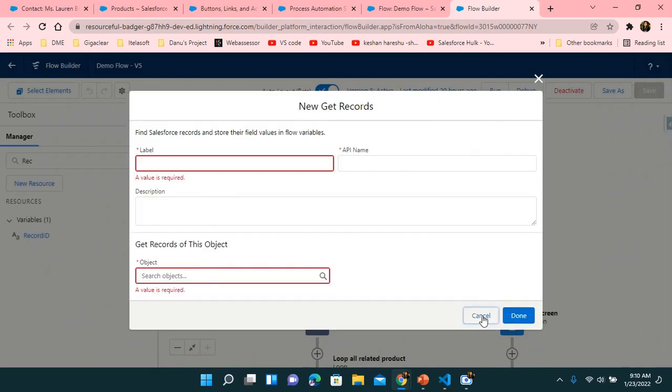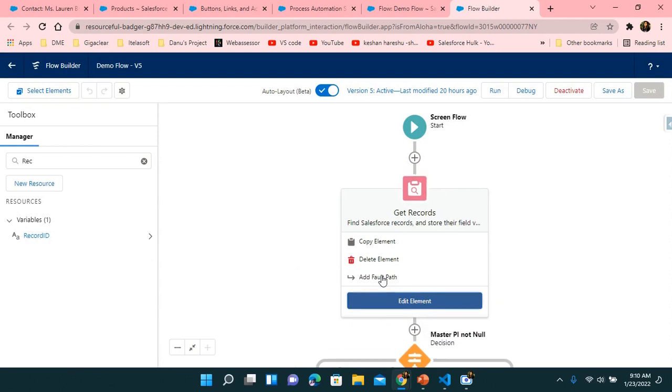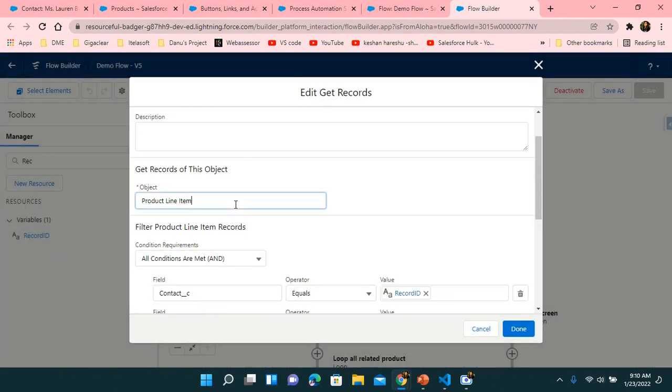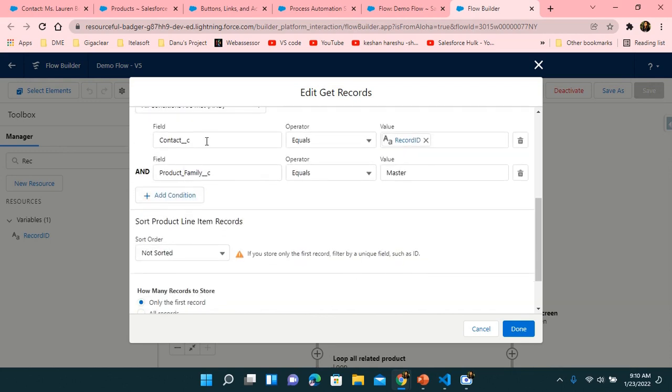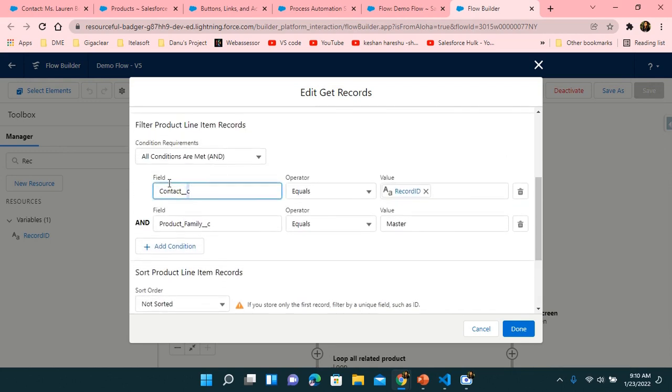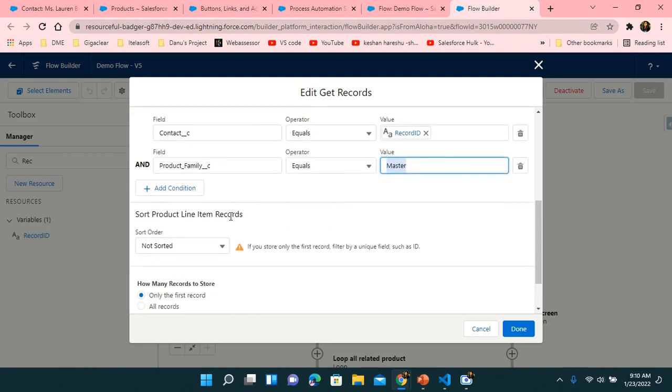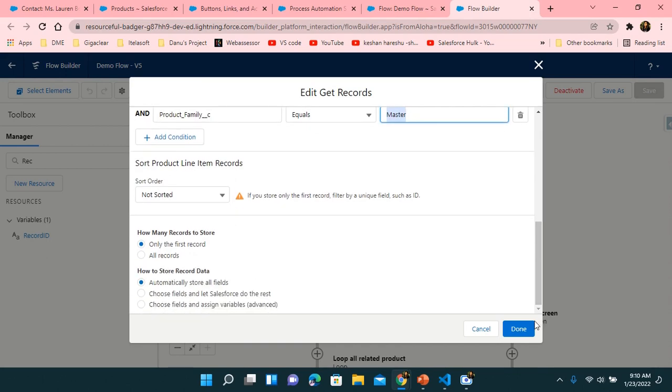I have given the record label and the product line item as my object, and I'm filtering them using the contact field should be matching with the record ID. That means the record we are currently in, the contact, and then the product family should be master. As we are having only one master record for a contact, we don't need to do anything for this,